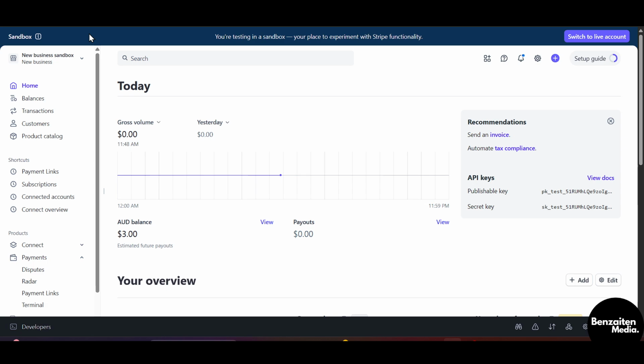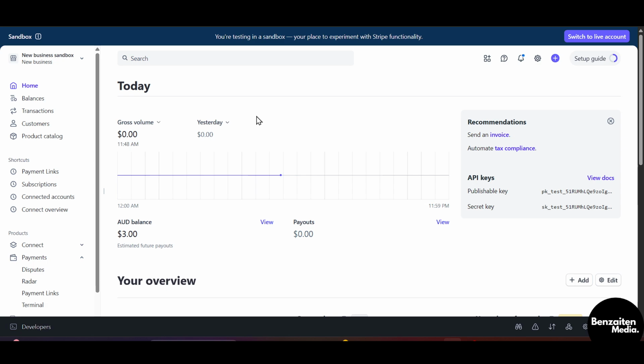After coming to the login or sign up page of Stripe, if you are new to Stripe, on the right side at the top, you will see the option of sign up. Simply sign up with your email, password, and other credentials to create your new Stripe account. But if you already have an account, on the right side at the top, you will see the option of dashboard or sign in. Simply click on that, and then you will be automatically redirected to the home page of